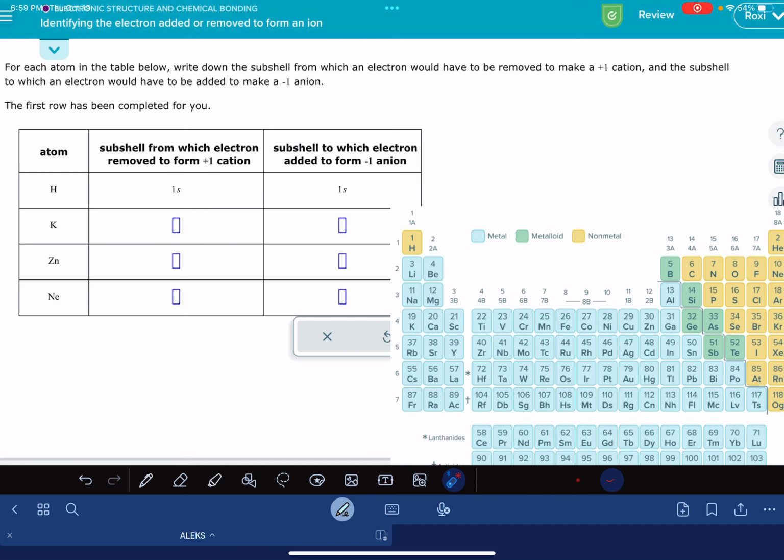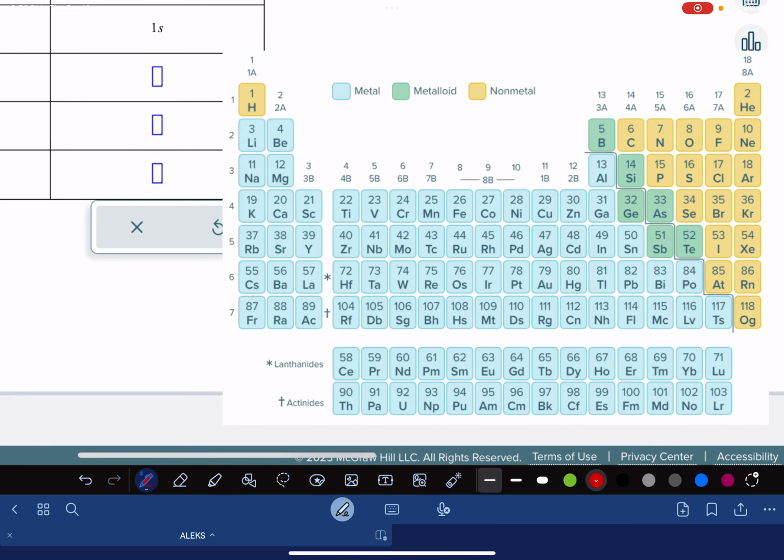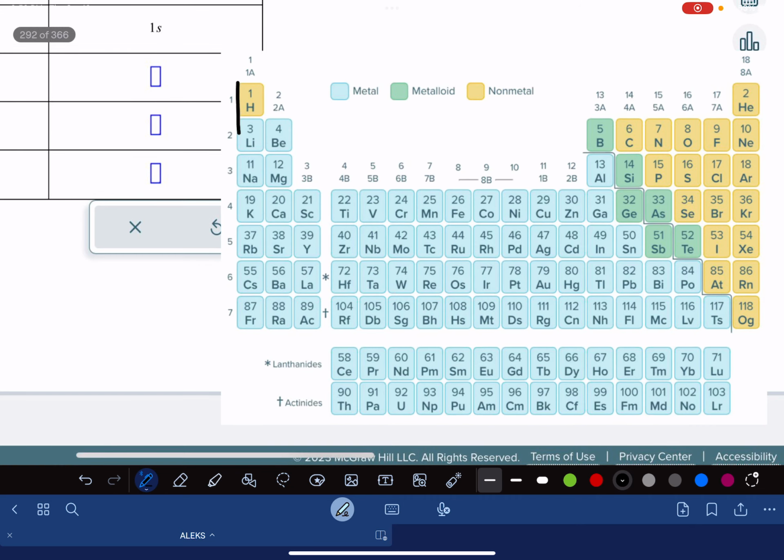In this video, I'll show you how to solve the ALEKS problem called identifying the electron added or removed to form an ion. To help you solve this problem, you are going to want to have access to a periodic table. We are going to be thinking about electron configurations with this problem, so I'm going to begin by marking